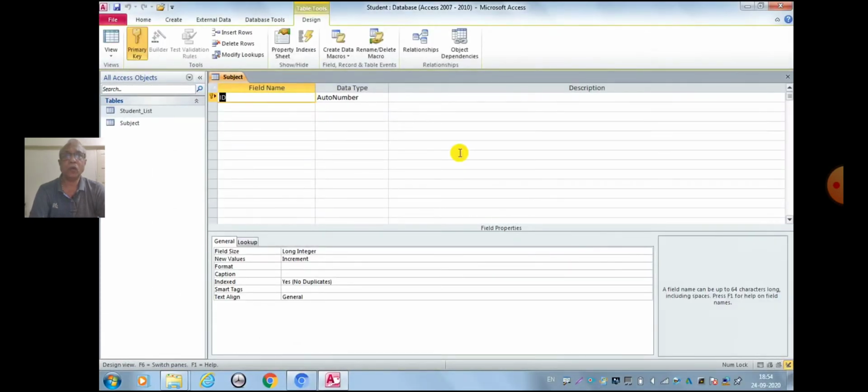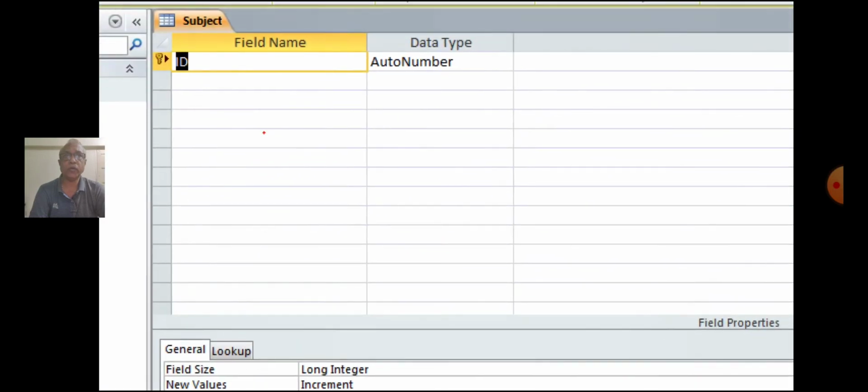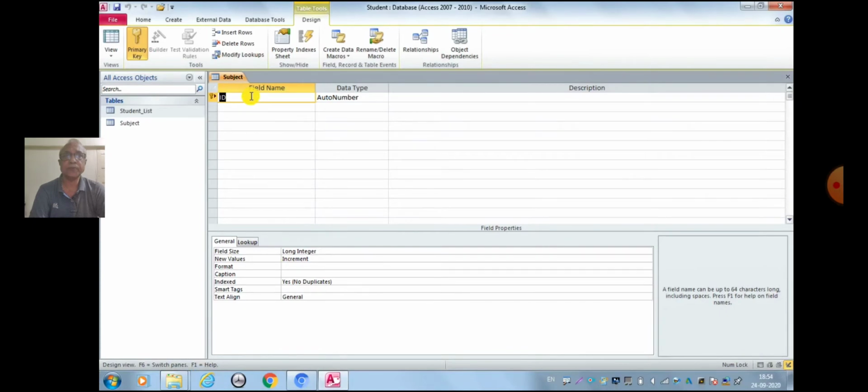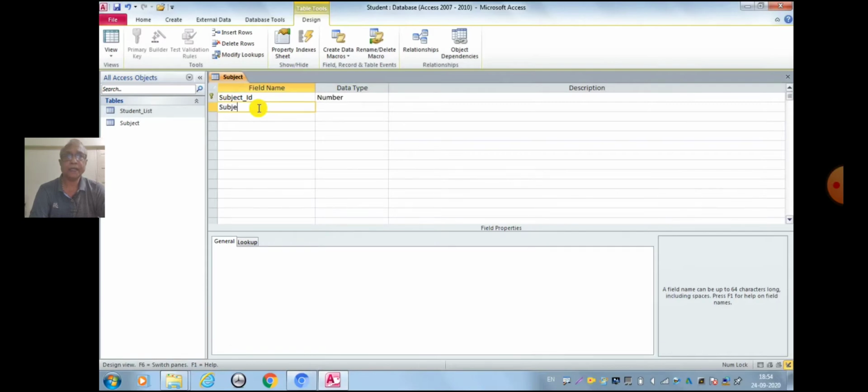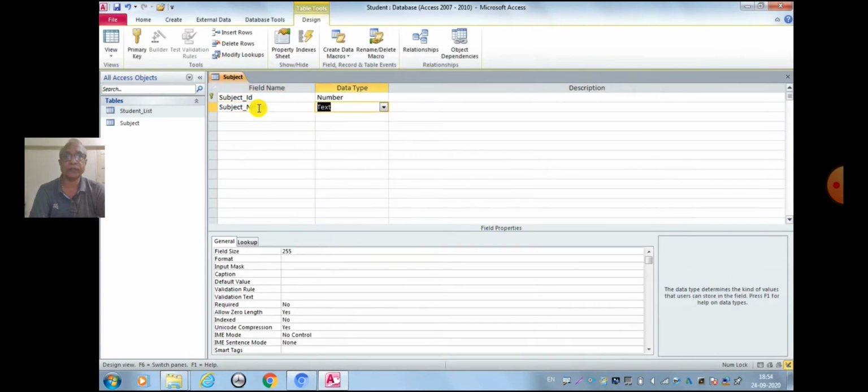Now the table will open in Design View. Here we have to enter the field name as Subject ID and select the data type as number. And enter the second field name as subject name and select the data type as text.